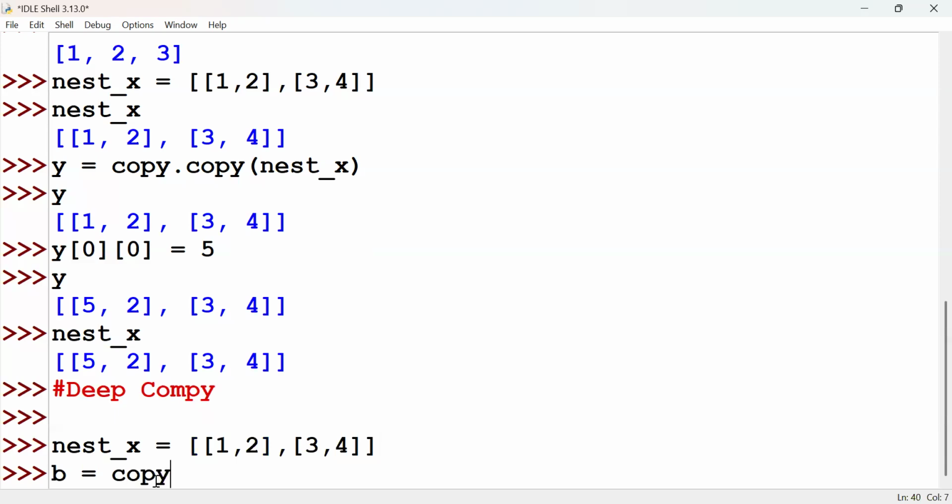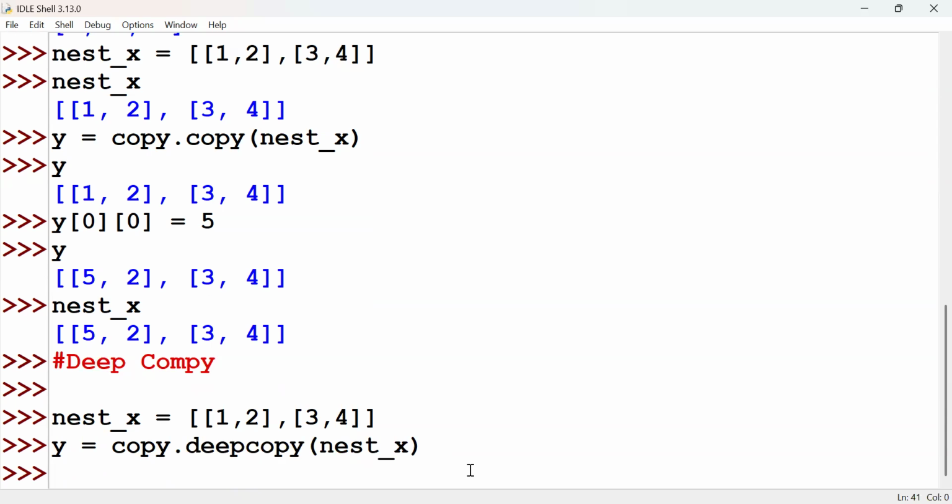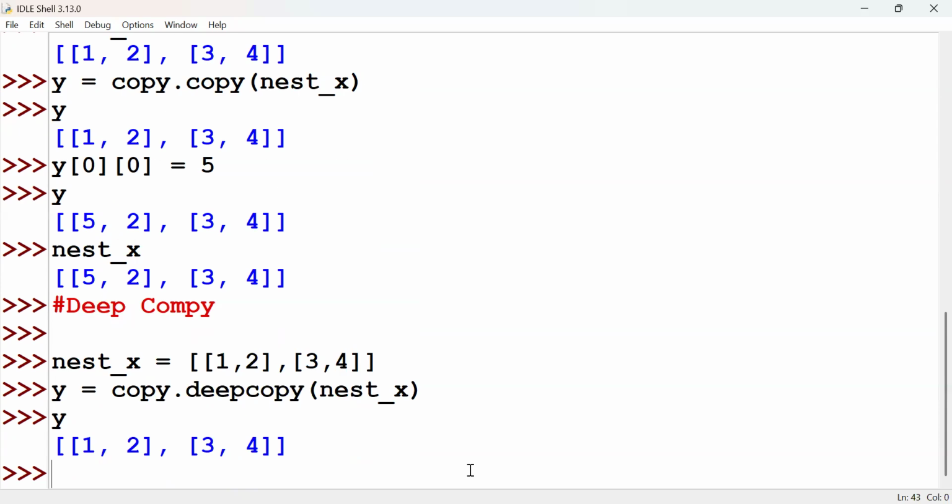So, and I will tell what is the application of these things. So deep copy, and in that I will pass nest X. Okay. So this is the syntax: copy module dot deep copy function and the parameter inside the function. And all you are assigning to one variable called y, not a b, y. Okay. Now hit enter. If you hit enter, you are getting the same data which you have taken in